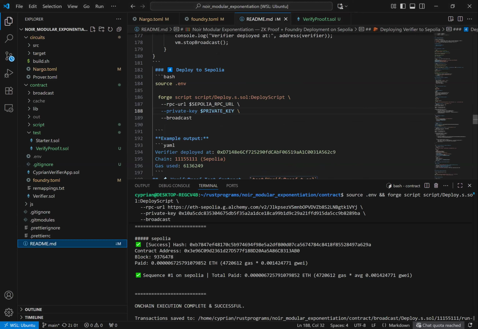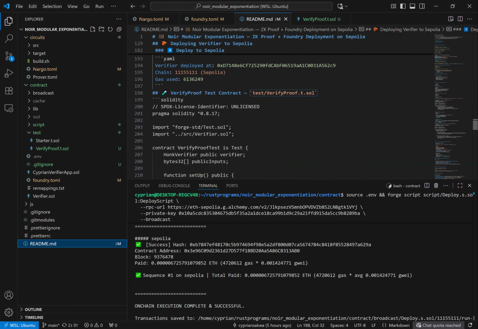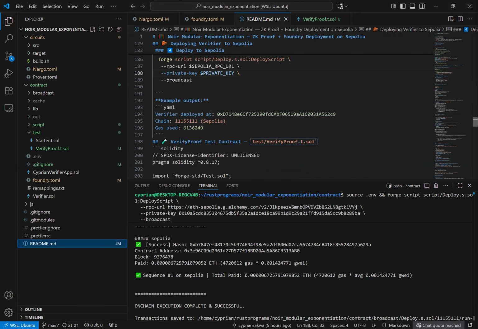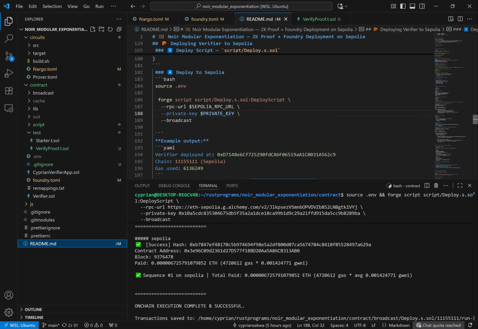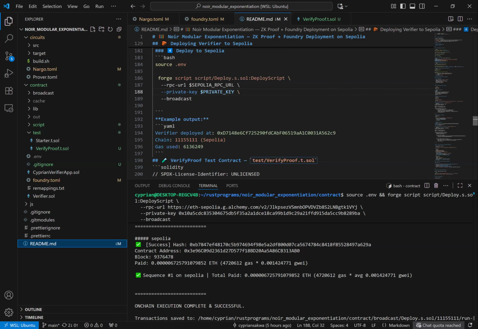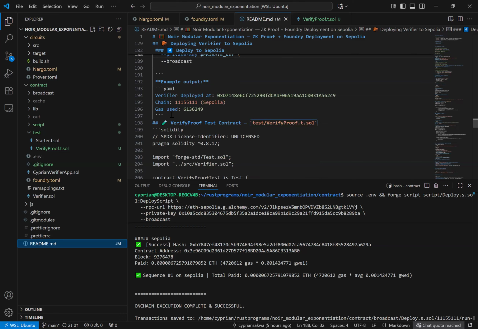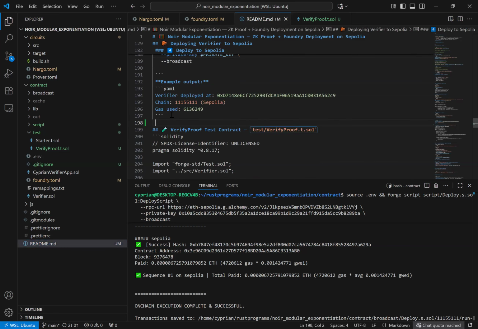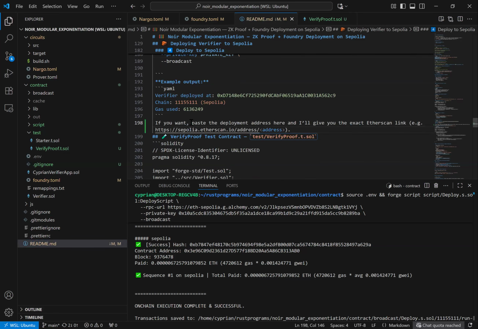Okay, we just deployed it. The example of the output is there. And what I want to add here is that if you want to paste the deployment address, just a minute. If you want